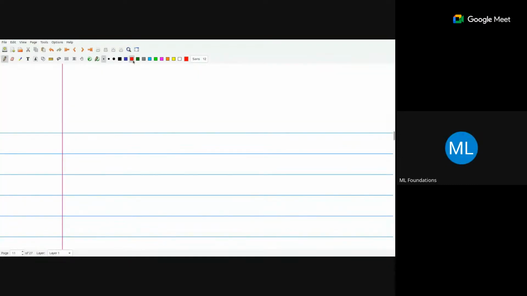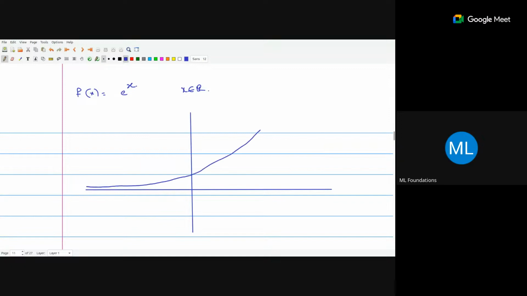Okay, we will take this as a specific example and try to analyze. Even x square would be fine to understand, not necessarily e raised to power. Let me take e to the power x only, right? Sure, sir. Fine. So e to the power x, x belongs to R, and I know the graph for this. Okay, so how will the graph be? More or less, this is how it will be, e to the power x.